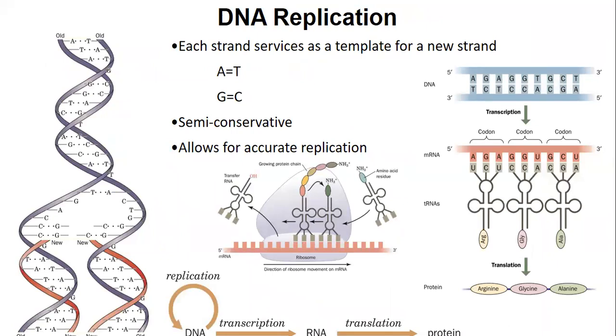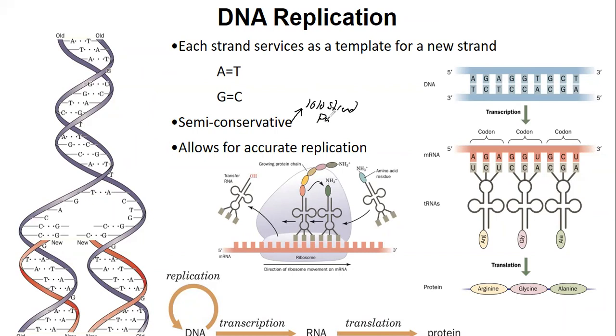So now that we know the structure of DNA, now that we know that it is the genetic information, we understand how it replicates because of Chargaff's rule. Remember, A equals T, G equals C. This means that when we're replicating DNA, each strand is a template. And so DNA is said to replicate semi-conservatively. This means that each new DNA an organism makes is made from one old strand,